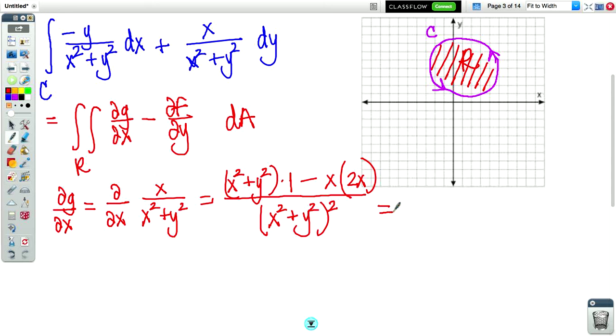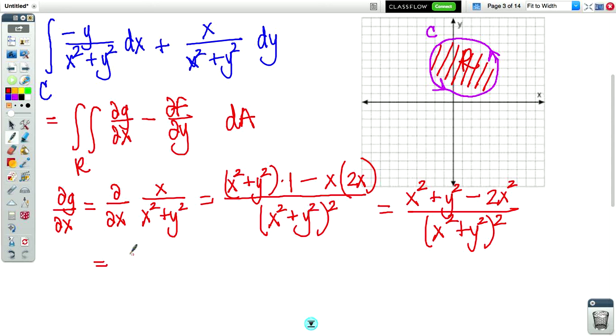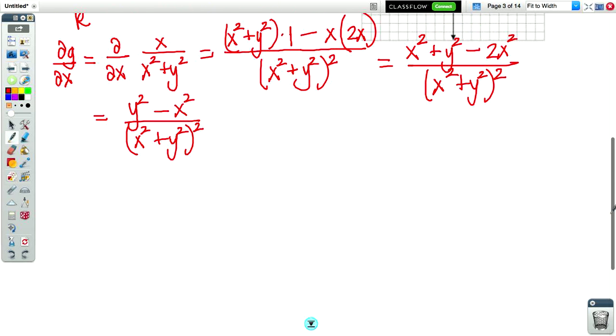all over lo lo, which simplifies, when I simplify this entire thing out, I get x squared plus y squared minus 2x squared all over the denominator squared, which then simplifies to y squared minus x squared, because the x squared and the negative 2x squared combine to that, over x squared plus y squared, squared. Okay, so now let's do the same thing, but